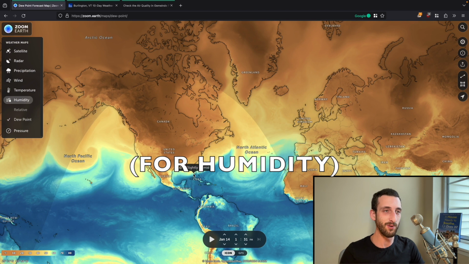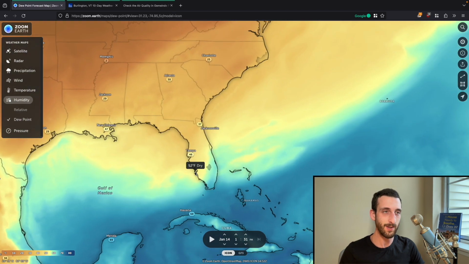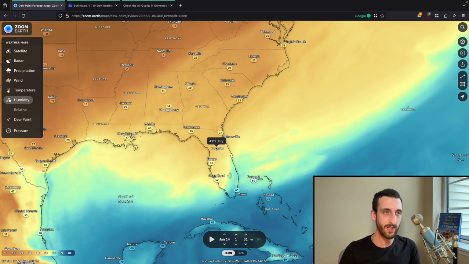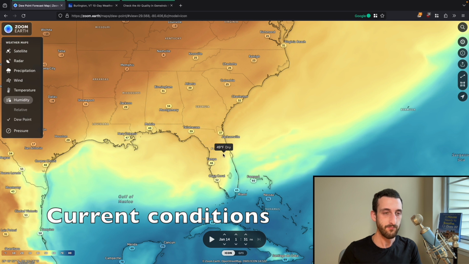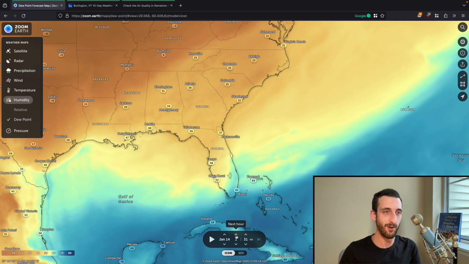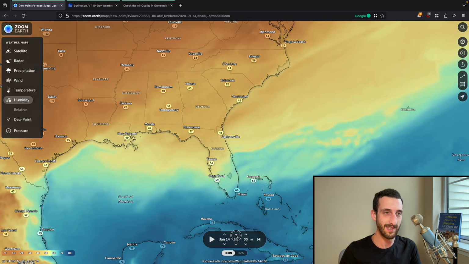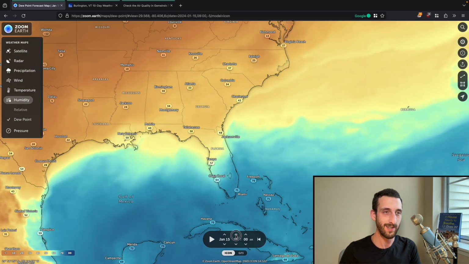I'm going to zoom into a region that I think is somewhat interesting. So right now, Florida is pretty dry. And you can see the dry is in the red, and then the wet, humid is in the blue. So Florida is pretty dry. But if we advance our hours, we can see that a humid air mass is creeping up Florida.